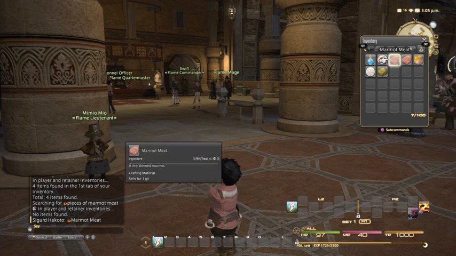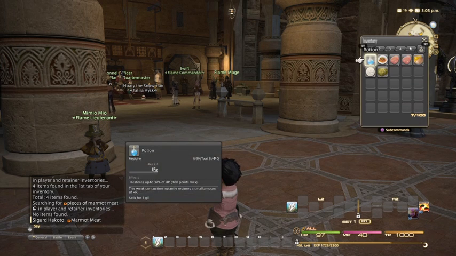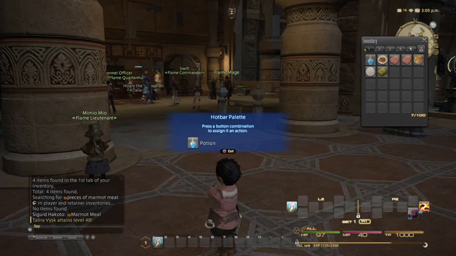So just as a review, these potions are actually pretty good, pretty useful, and we're going to want to use them really easily. So we'll definitely want to set them to our hotbar. We'll highlight the potion, and hit square to bring up the menu. And then we're going to select set hotbar. Now I like my potions on the farthest left on the top